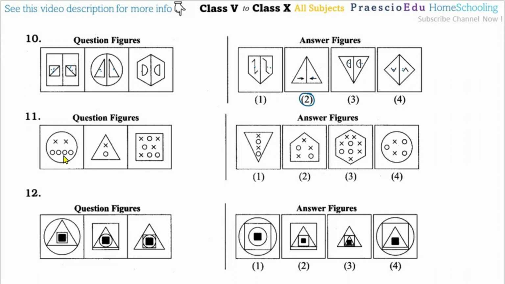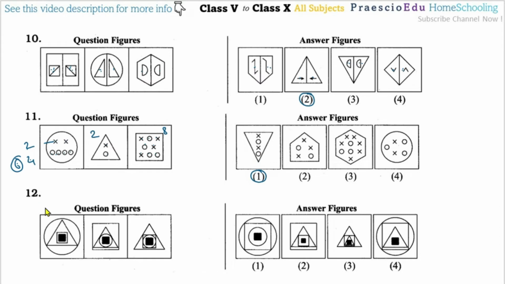Question number 11. The number of crosses is 2 and the number of circles is 4, meaning double the crosses. Here also 1 and here also 1, so we can say 2 and 4, which is 6 in quantity, meaning an even number. Here also 2, and here 1 2 3 4 5 6 7 8, so 8 in quantity. Here 1 2 3 4 5 6, so the total is 6, meaning these are even numbers. So option number 1 has the even quantity.